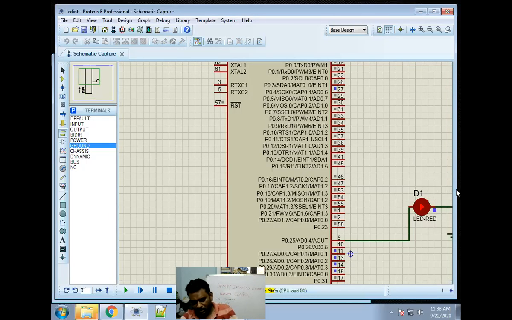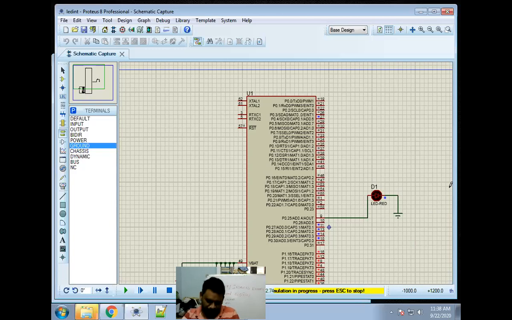In the proper manner. Now here is the problem. If I want to connect, some student already sent a message in WhatsApp, that is, if I want to connect to some other pin, maybe pin number 14. What do you want to do?